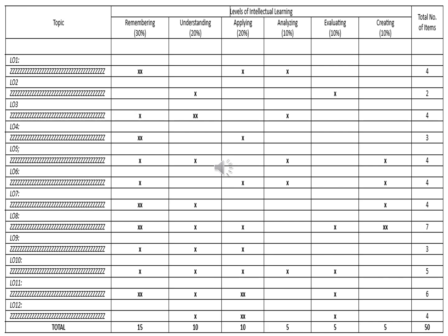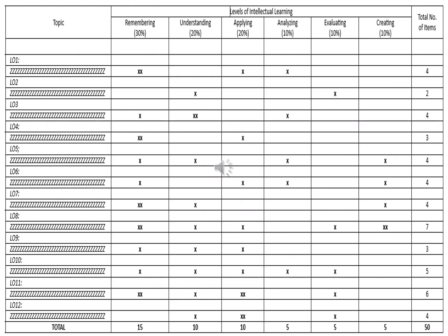Now here is the interesting part. So how will you allocate the number of items on each cognitive level? Let us have an example. Let us take, for example, learning outcome 1, which must have a total of 4 items. So in this example, I allocated 4 items: 2 for remembering, 1 for applying, and 1 for analyzing.